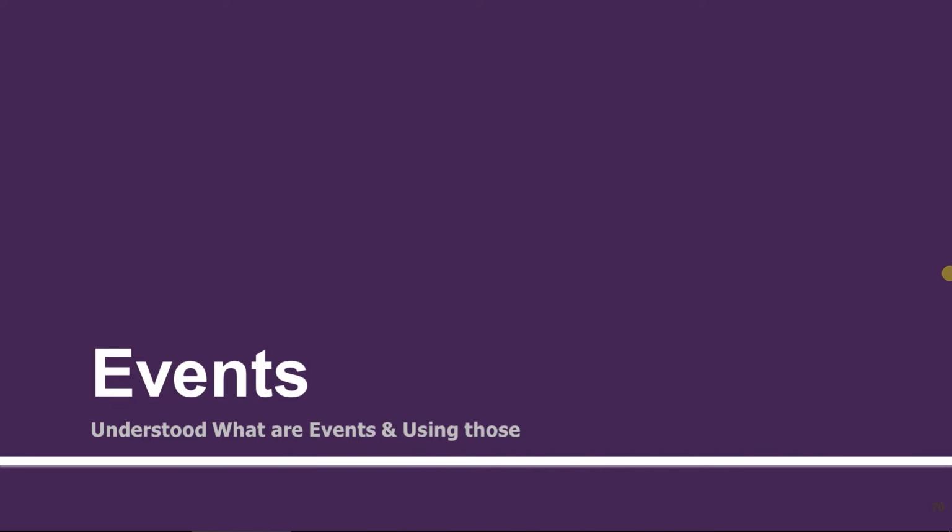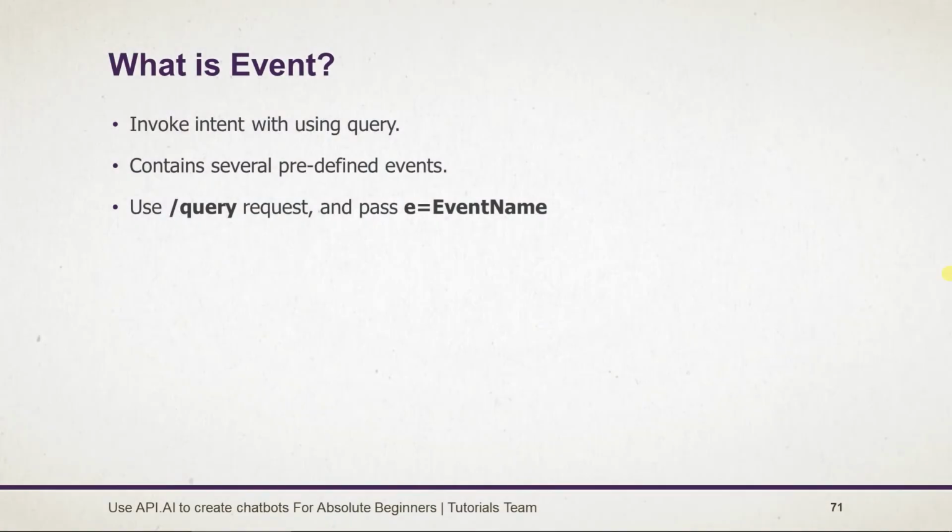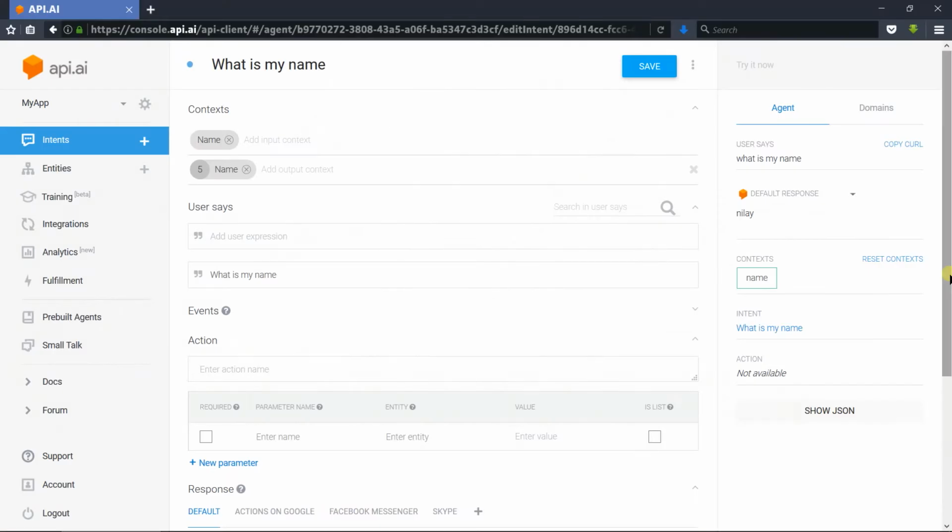In this session we will see what an event is and how to use it. An event allows us to invoke the intent without using a query. We will use the same intent that we created in the previous session. Let's switch to API.AI